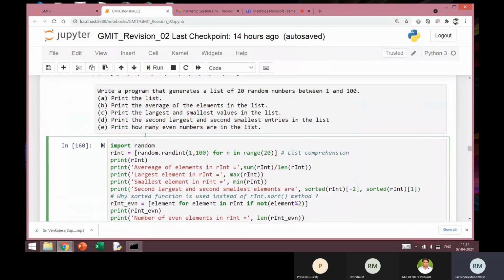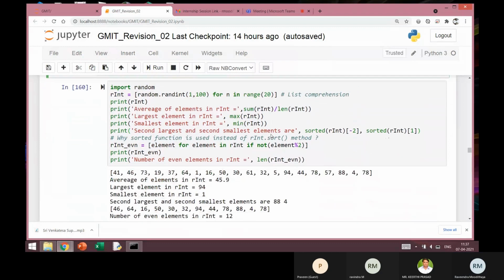Now, the next requirement is to print how many even numbers are there in the list. So I just have to make a count of even numbers. I have made a slight extension: I am also printing the list of even numbers. I am printing the even numbers list, and then putting the count.